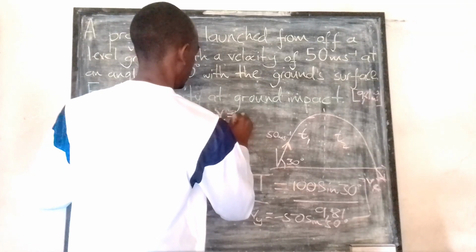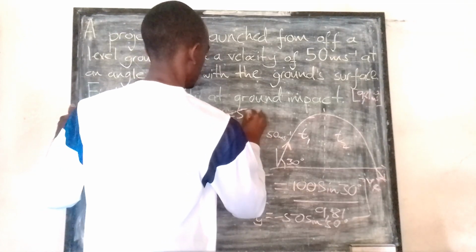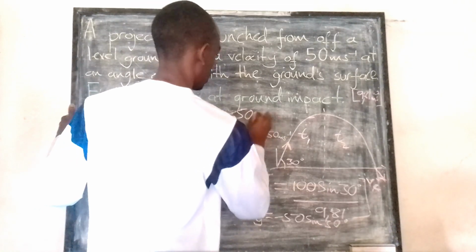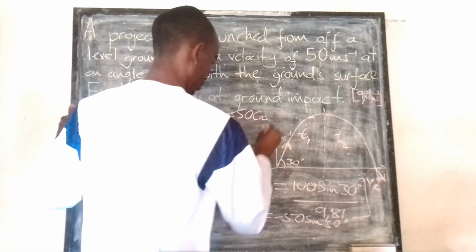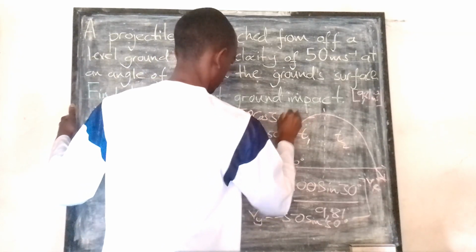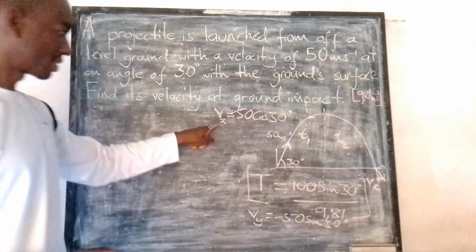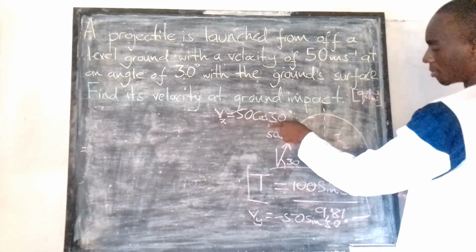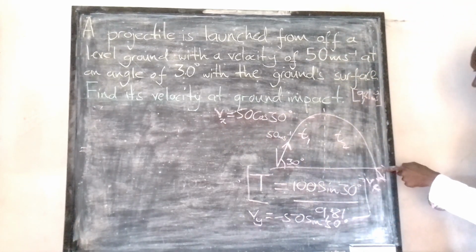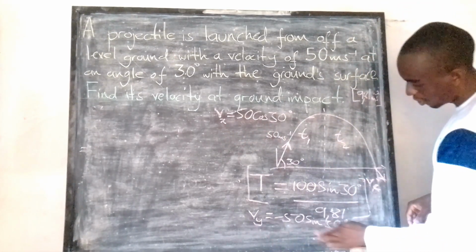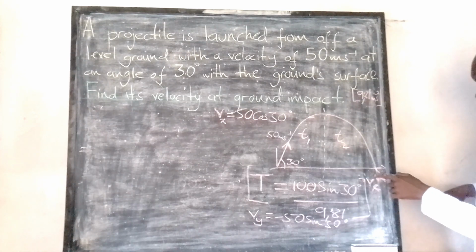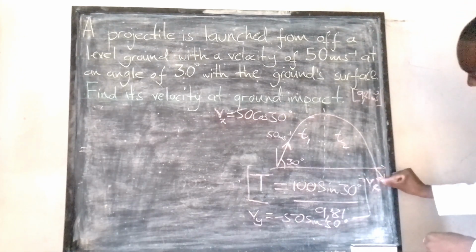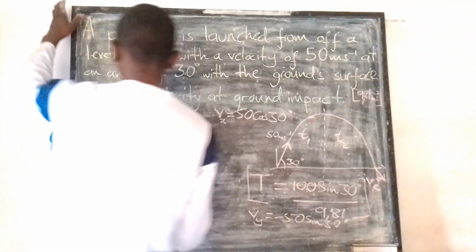So this is simply 50 cos 30 degrees. So this over here, the horizontal component of the velocity, is this. And this over here is this. So taking this part and bringing it over here,